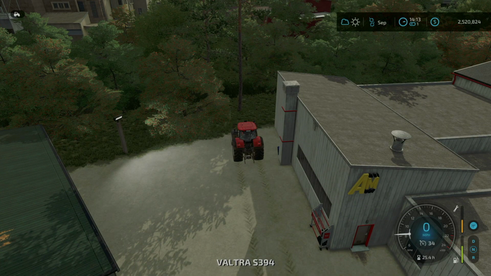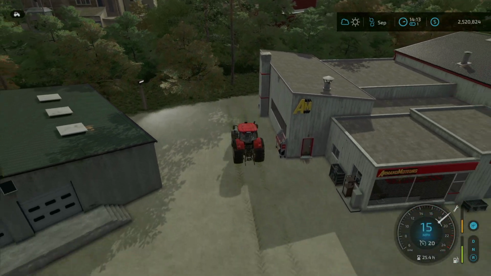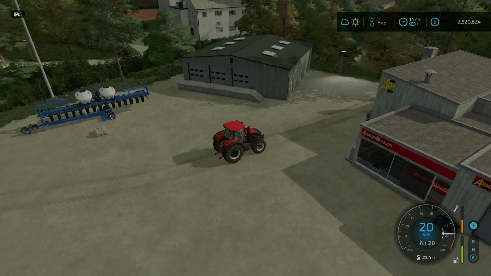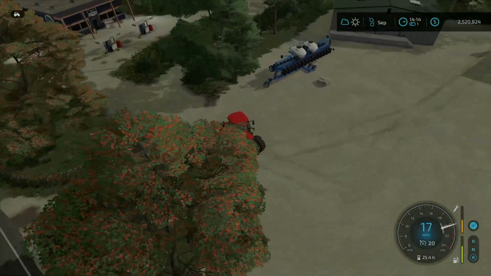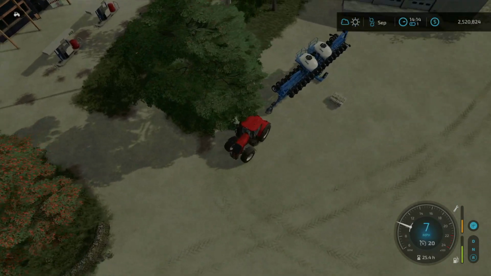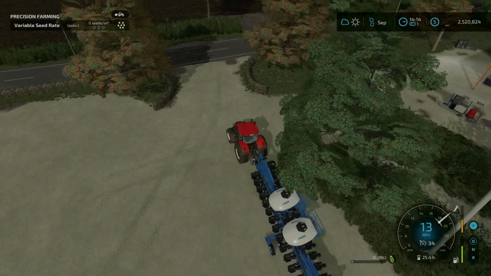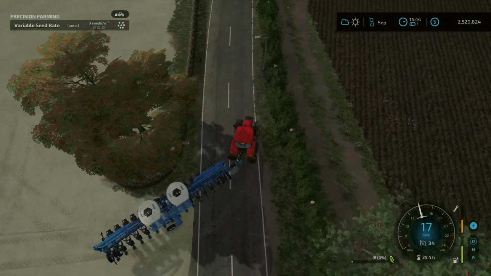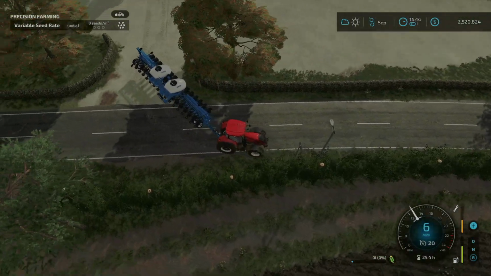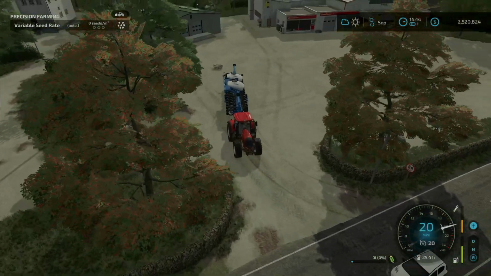So let's go ahead and hook up. We're going to take this back to the farm so we can fill it up and then get back to work. The only problem that I have with this particular setup now is that there is no fertilization that's going to happen at time of planting. So I'm going to have to come back around the second time to get the fertilization that I need. And actually, one thing I could do that will potentially help in the